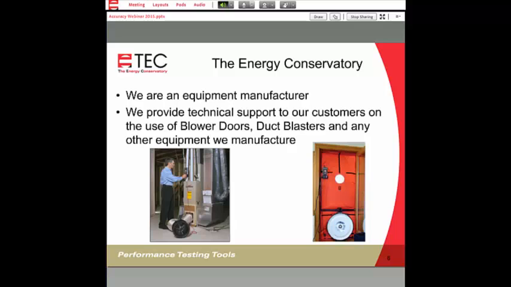We will be covering a lot of things that are generic when we talk about accuracy. The calibration checks and maintenance are going to be specific to our particular products. There will be similarities to other manufactured items, but for this session, we're going to be talking about how to use, calibrate, and maintain Energy Conservatory products.